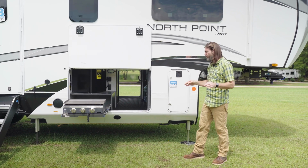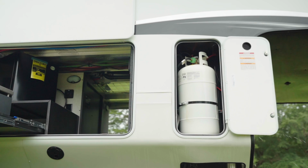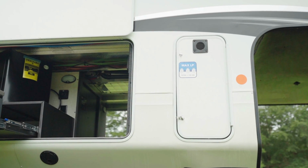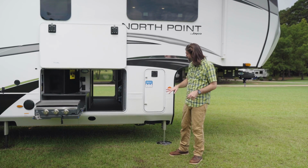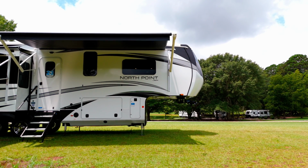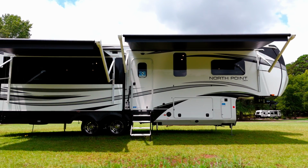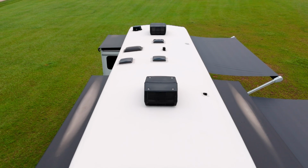Now this has a total of 3 40-pound LP tanks. We have 1 LP tank on this side and 2 more on the other, which means we can stay out for very long periods of time without having to top off. I want you to notice too that this is equipped with 2 large electric awnings. They're LED lit, they run out at the touch of a button, and all of our slides come with toppers